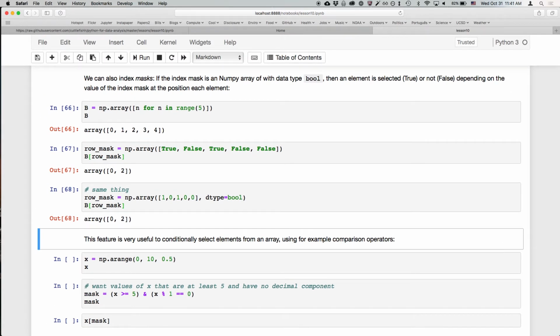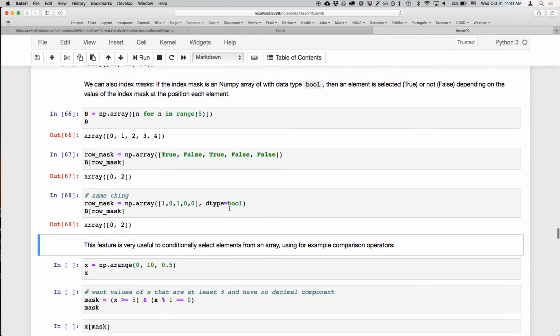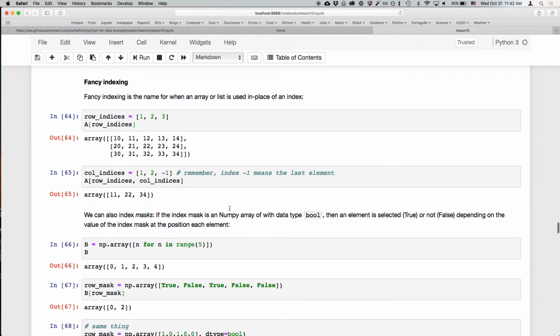Question? I held up on the first fancy indexing thing. I don't understand why it doesn't give you a 3 by 3 array. It just gives you 11, 12, 34. I thought it was going to give 11, 12, 13, 21, 22, 23. Right. So what we're doing here is we're passing